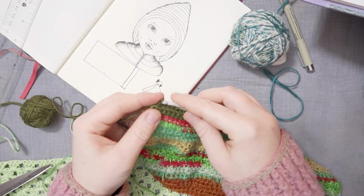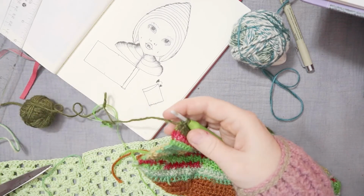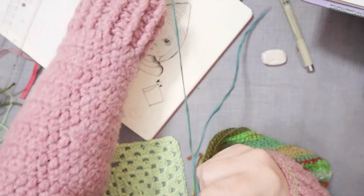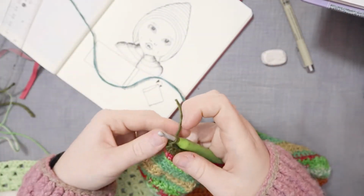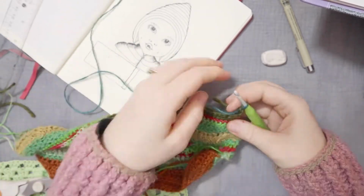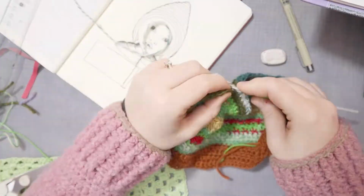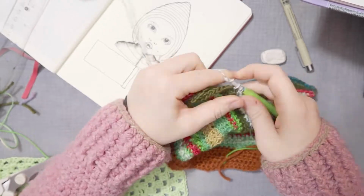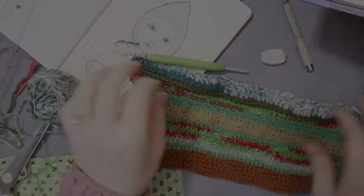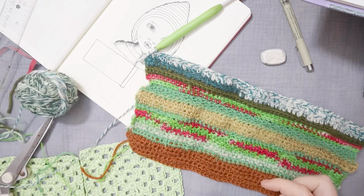Okay, so now what I want to do, I want to use some of my own hand spun yarn. I don't remember, but I don't think this is very well spun, but I did my best, and I think that will make it more fun to add in. So I'm going to use my own hand spun yarn for the next 2 rows. And I think for the next 2 rows, I'm going to do half double crochets again, just for fun. All right, so there's the hand spun. And now let's switch back into,